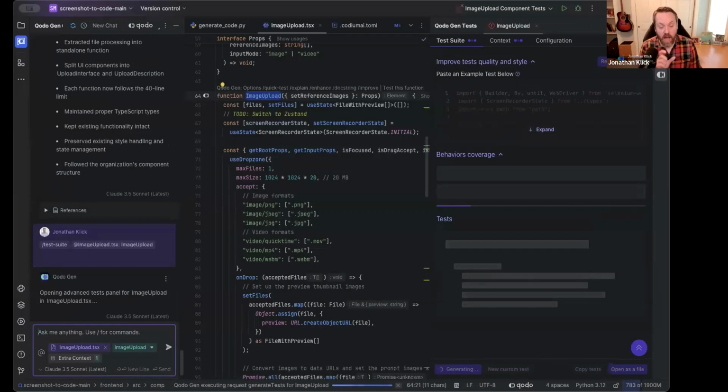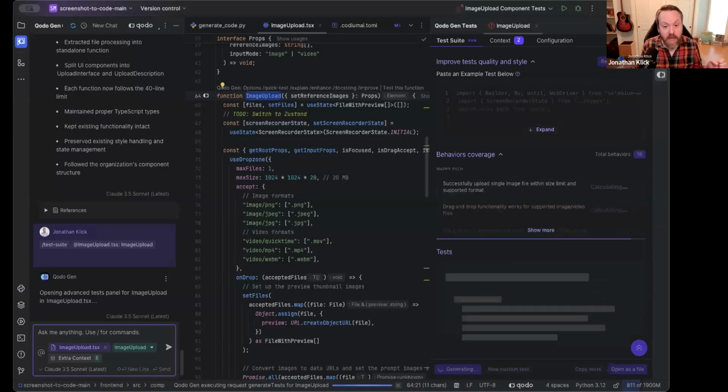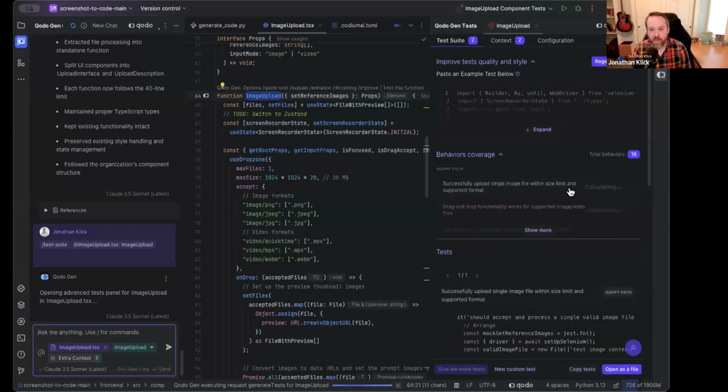Now, I want to emphasize the idea of a test suite because it's not just about throwing tests at you. If any of you have tried generating tests with AI before, you know what that's like. It throws a bunch of tests in your face and you're left wondering, okay, does that cover all of the important edge cases? Is there anything that's missing here? There are just a lot of questions. There's no closure. And so the way that we approach this, you're going to see on the right side. We actually created an entire panel and user flow for this because it's not just a simple one-step process.